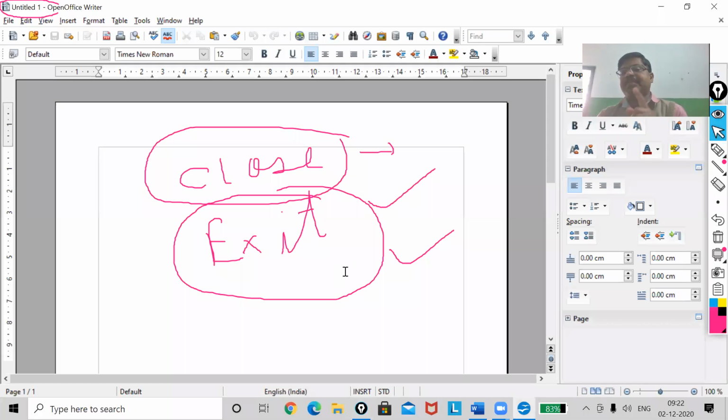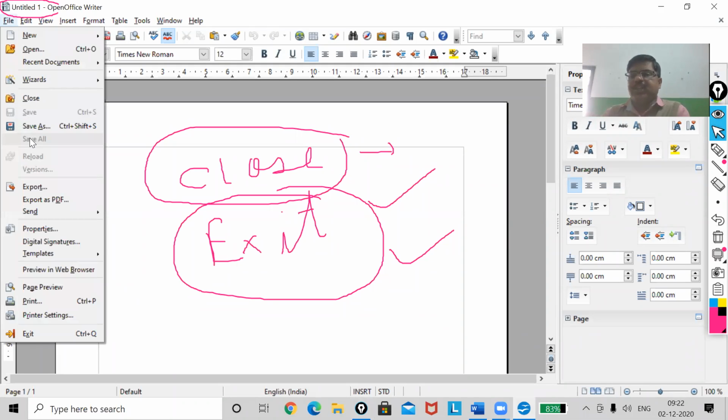Now, the next part is Save. Save and Save As, listen, my dear, both are different. Both are used to save the file, but Save is to save the existing file and Save As is to save the same file with another name. Now, one more option is there, Save All. If you use Save, only your current document will be saved. But when I use Save All, what will happen? My current document will be saved, and if I have opened some more documents, those also are going to be saved one by one.